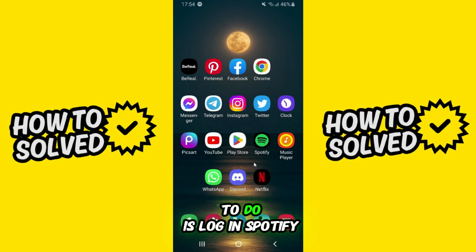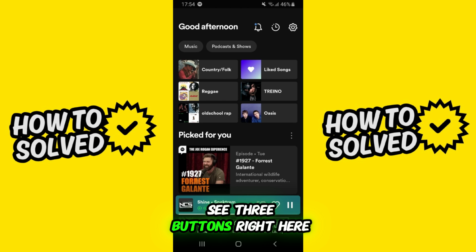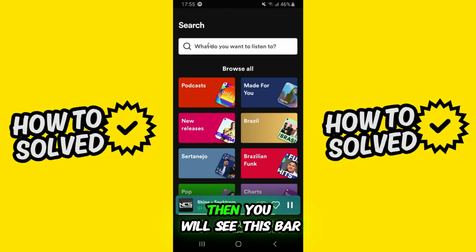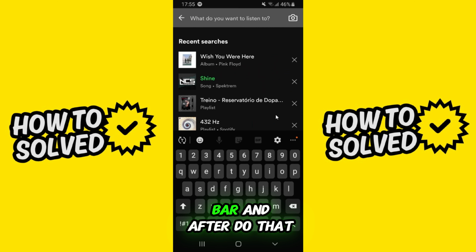The first thing you need to do is open Spotify and log into your account. After doing that, you will see three buttons right here, but you need to click on the middle button, search. Then you will see this bar to search what you want to listen to. So click on the bar. And after you do that, just type